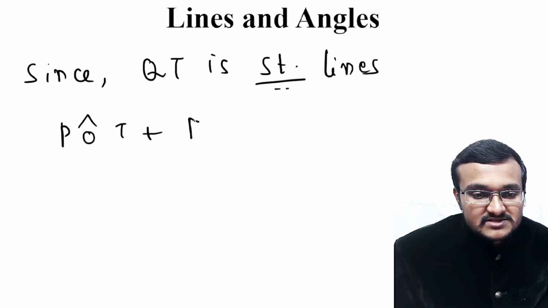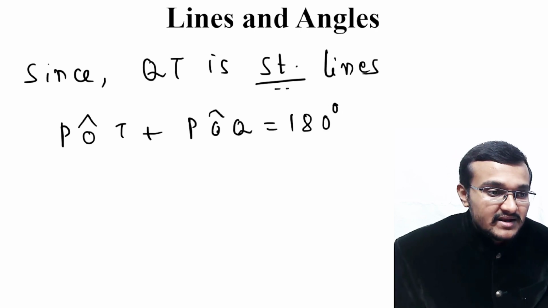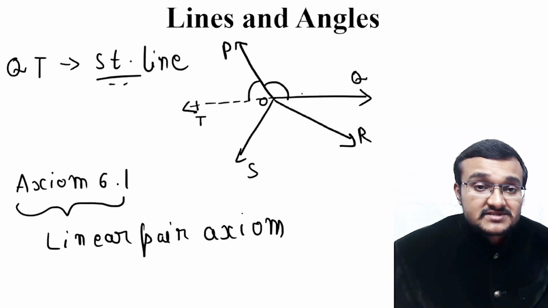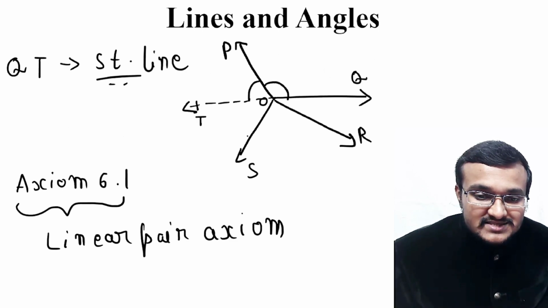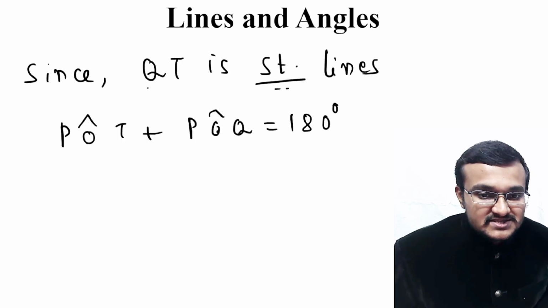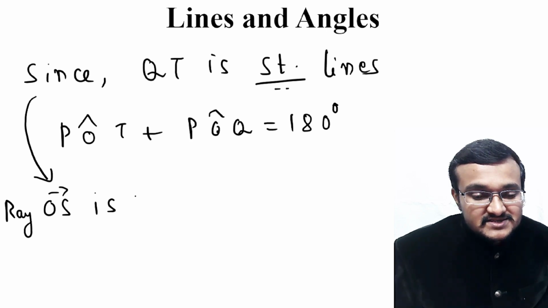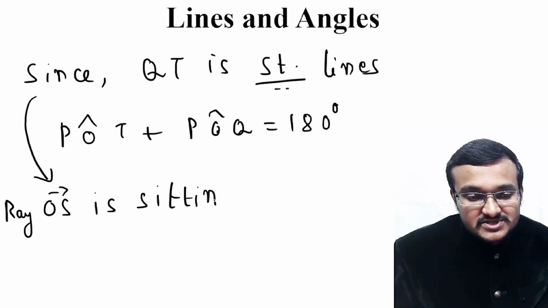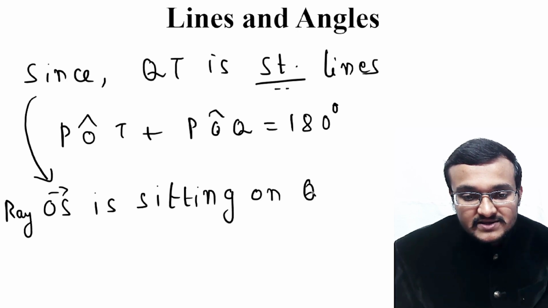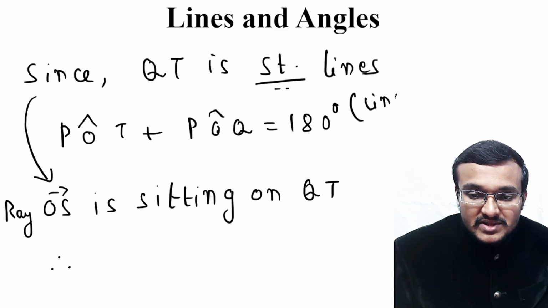So POT plus POQ will be equal to 180 degrees. Now since QT is a straight line, here also you can see OS is lying on this particular QT. So this OS ray is also lying on this QT straight line. So here ray OS is sitting on QT. Therefore, according to the linear pair axiom,